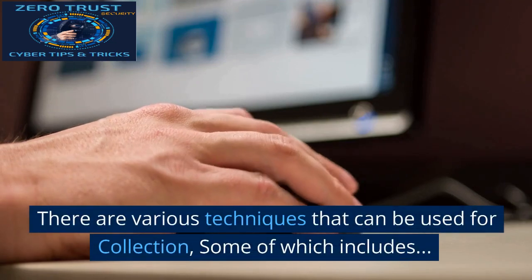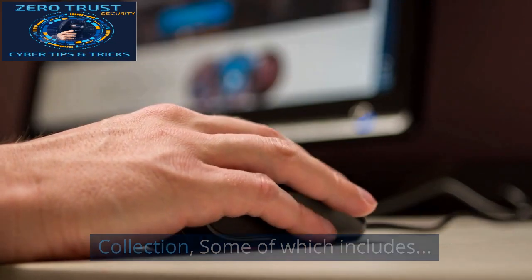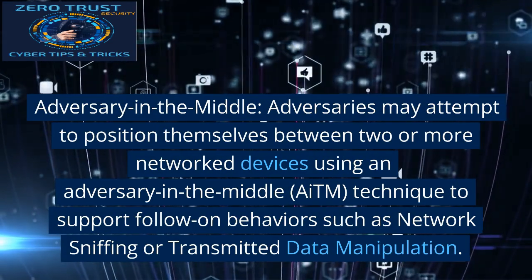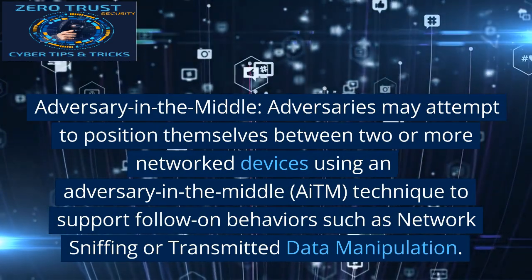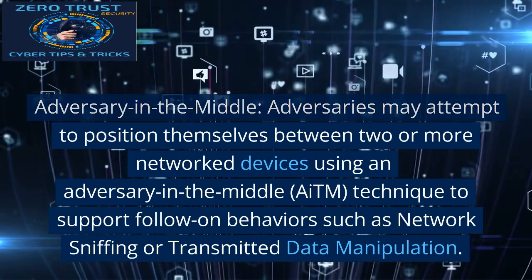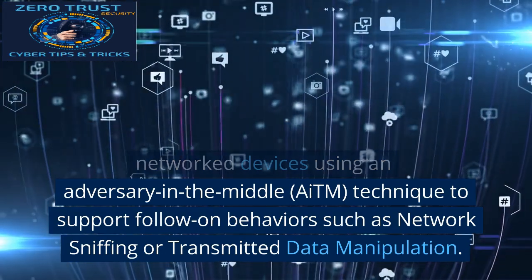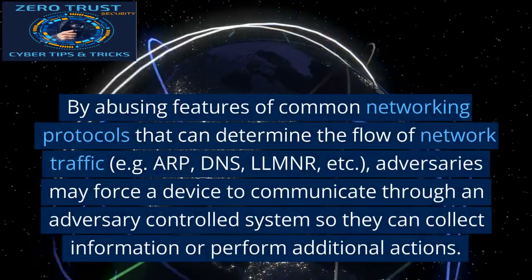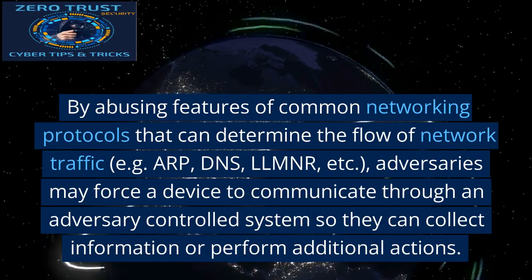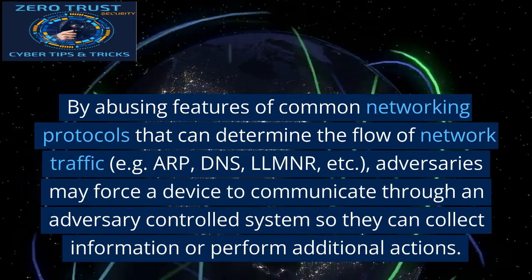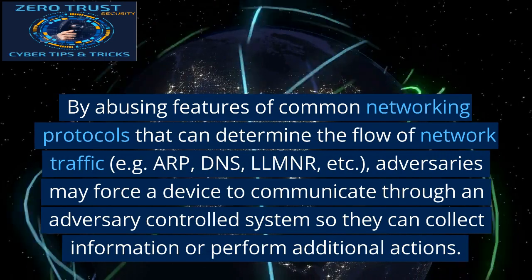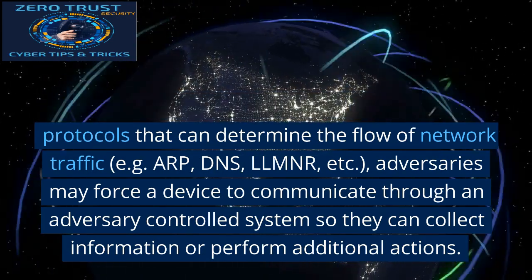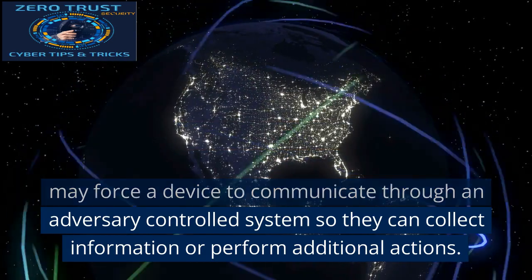There are various techniques that can be used for collection, some of which include adversary in the middle. Adversaries may attempt to position themselves between two or more network devices using an adversary in the middle (AiTM) technique to support follow-on behaviors such as network sniffing or transmitted data manipulation. By abusing features of common networking protocols that can determine the flow of network traffic, e.g. ARP, DNS, LLMNR, etc., adversaries may force a device to communicate through an adversary-controlled system so they can collect information